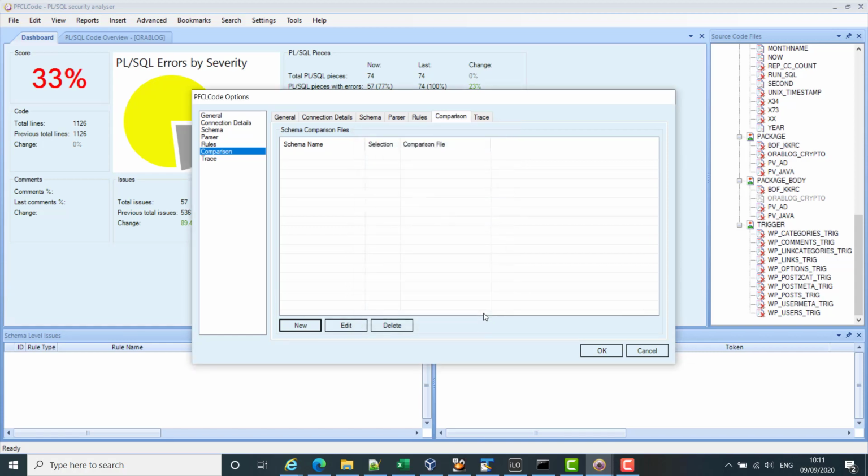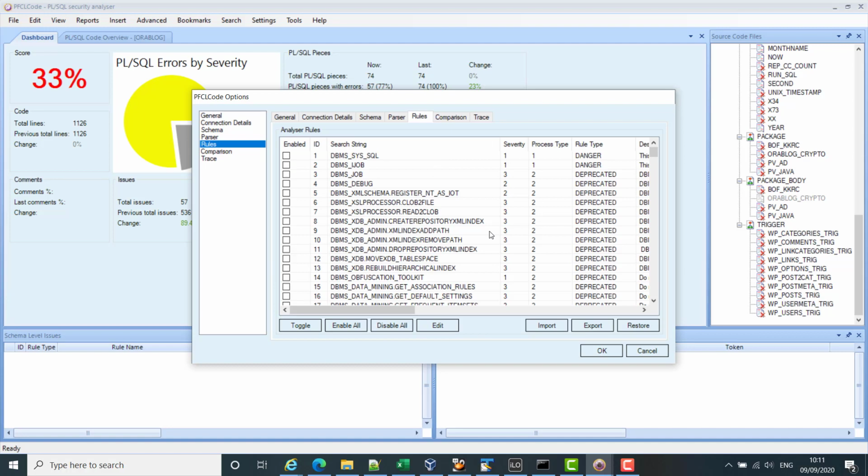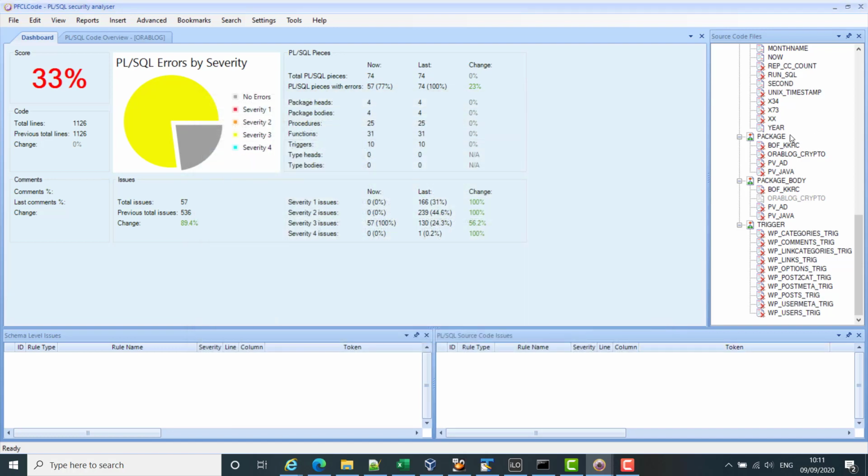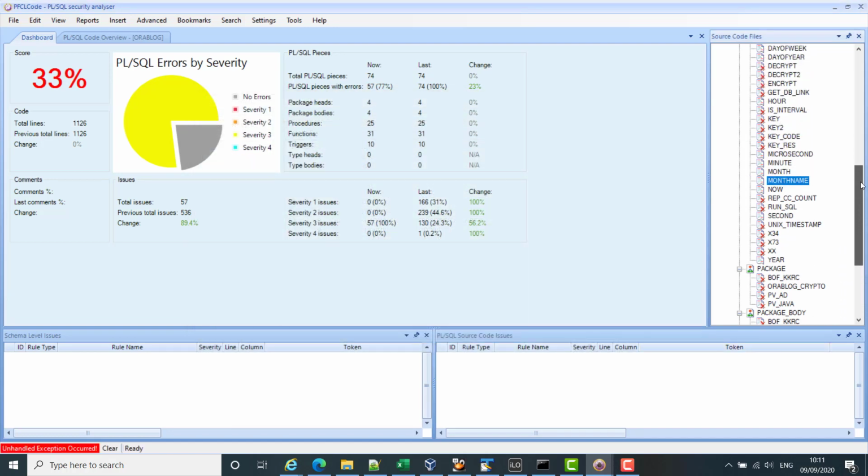And you can edit the rules. You can save your own rule set, so you can edit the rules and export that as a different rule set. Then you can reset the rules back to the beginning if you want to as well. So it's very powerful. The other things we can do is look at the privileges